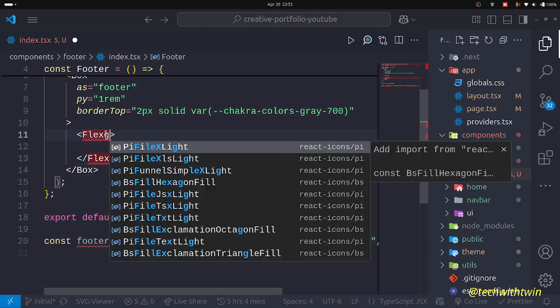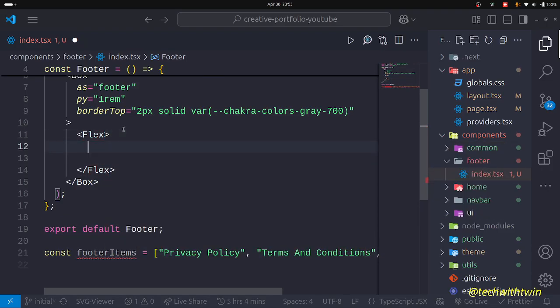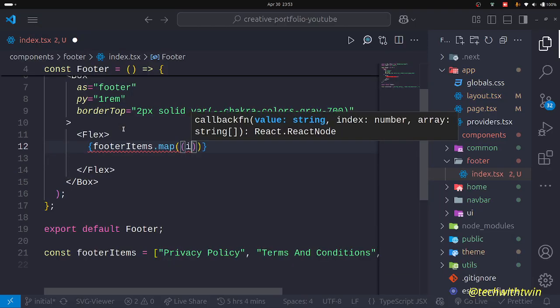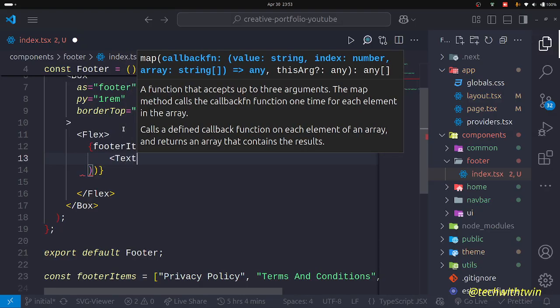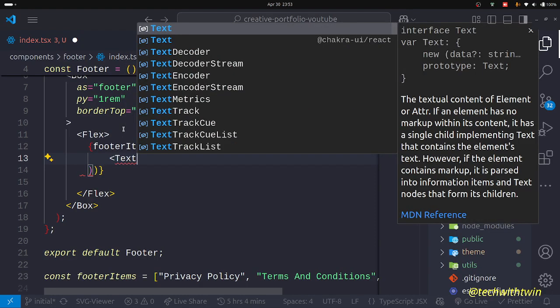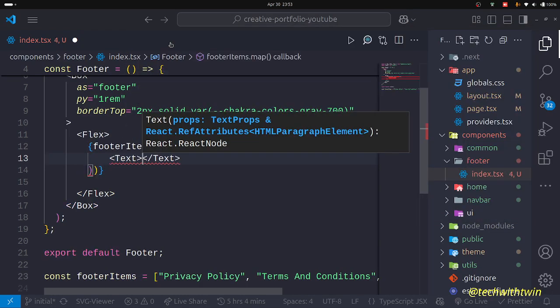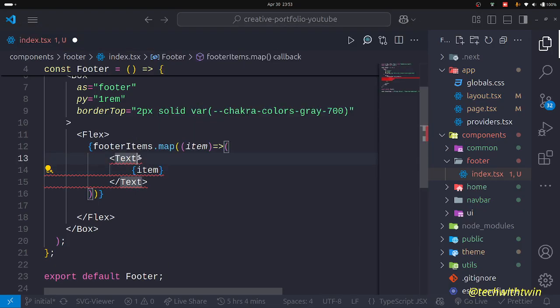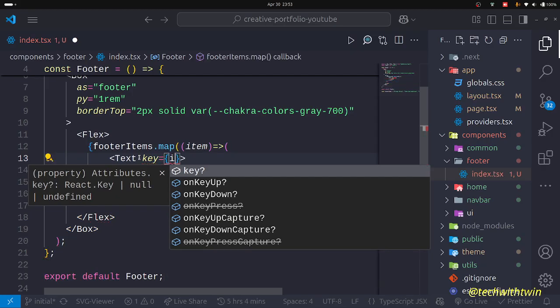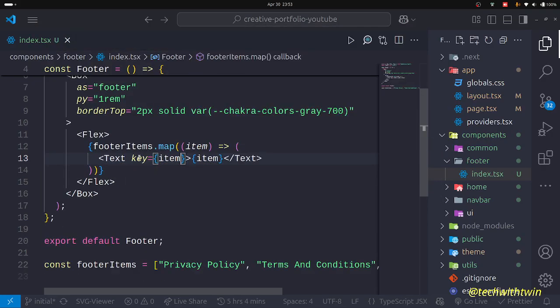Let's first add a note. Let's not add. Do footer items dot map for each item text. Item. And then next up is the